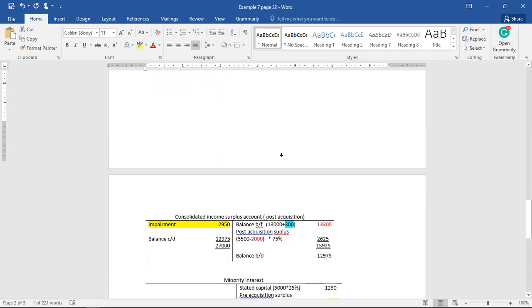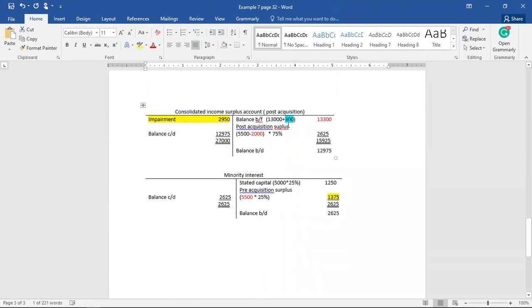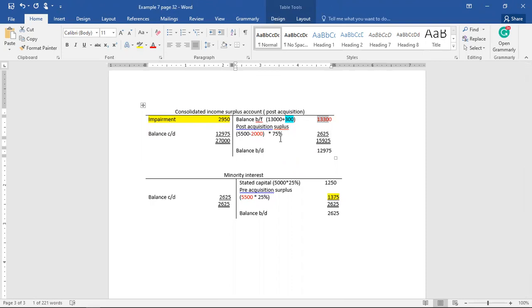and then move on. Then you have your consolidated income surplus account. Before you adjust or bring your balance, you should know that you were told that H has included the interest receivable from S in his account, but is yet to account for the dividend receivable. You should know that the dividend, once it has not been declared, you don't know how much it is, or how much you'll be including in your account. So technically, the dividend was omitted from the account. So that error must be corrected by crediting your income surplus account and debiting your debtors account accordingly to correct that particular error.